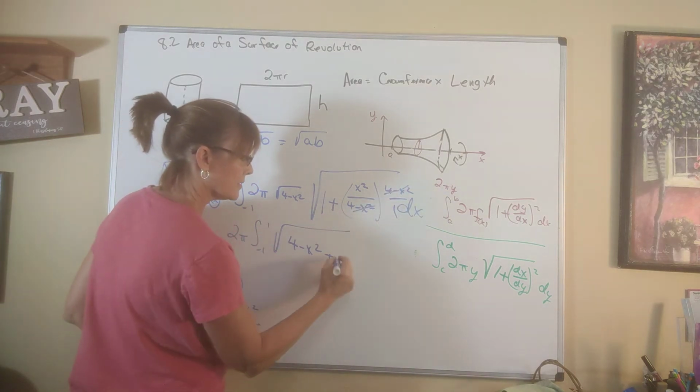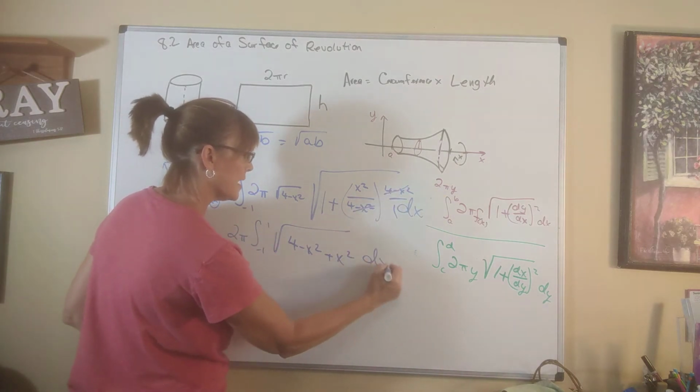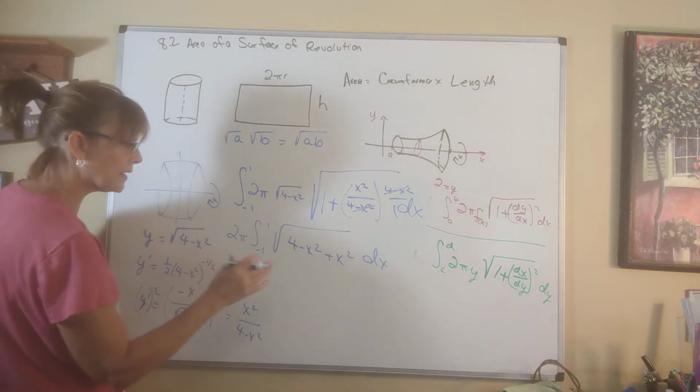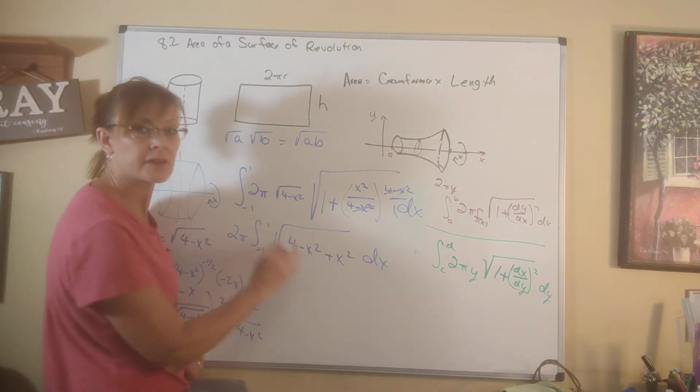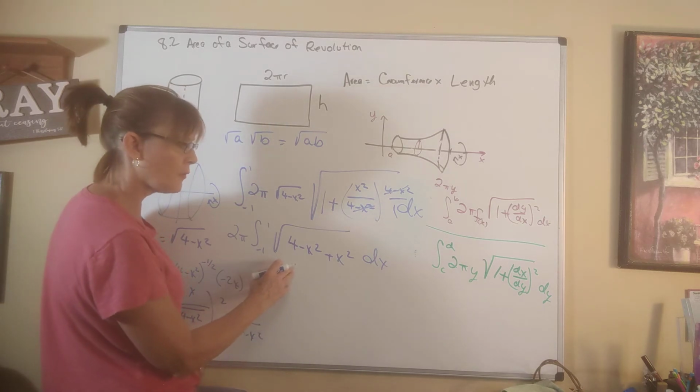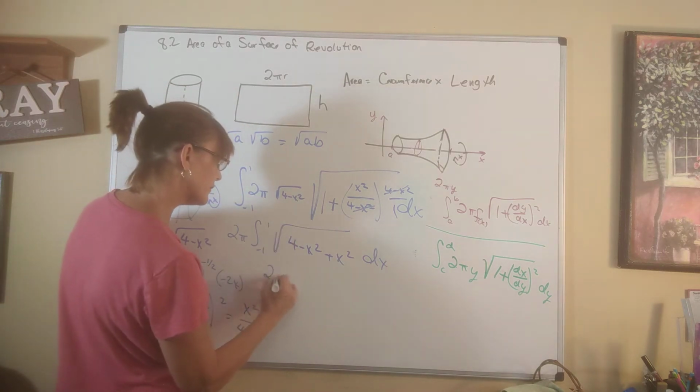These will cancel, and so I'm left with an x squared dx. So this cleans up so very nicely. X squared minus x squared is 0. We're just left with the square root of 4, which is a 2. So we really have 2 pi